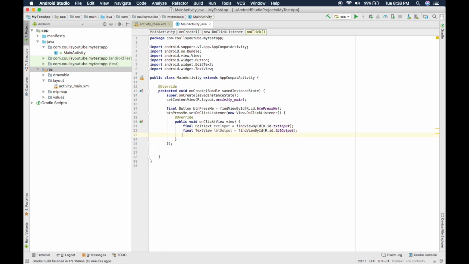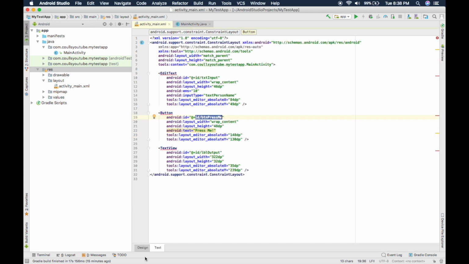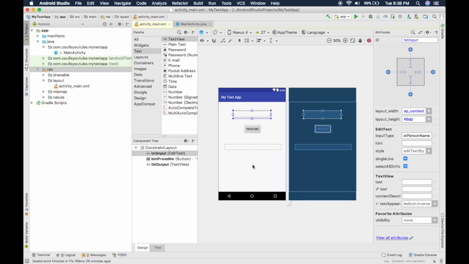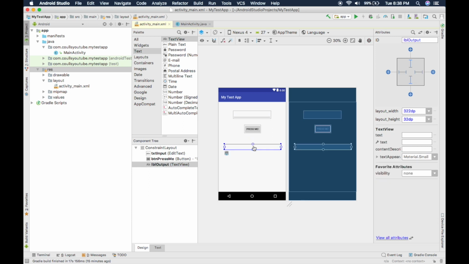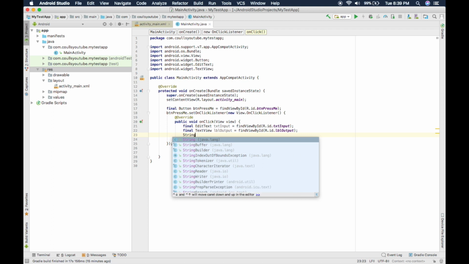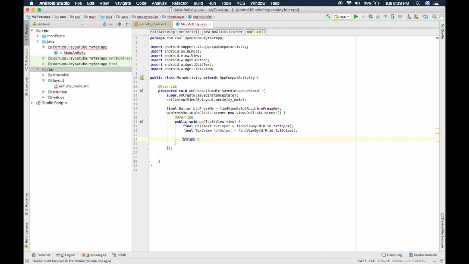Okay, so now we have our two references to the user interface. If I go back to here, this is txt input, this is LBL output, and now we can see these two variables are referencing those two items on the user interface. What we can now do is say string my text is whatever the txt input